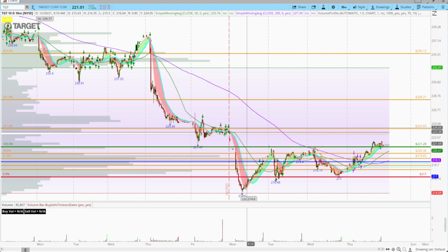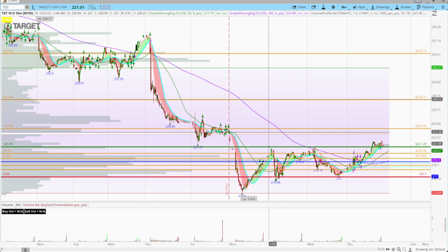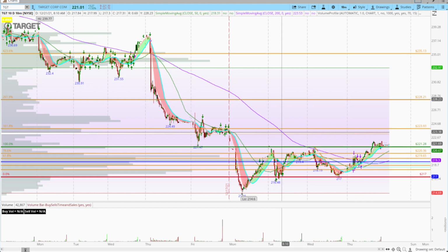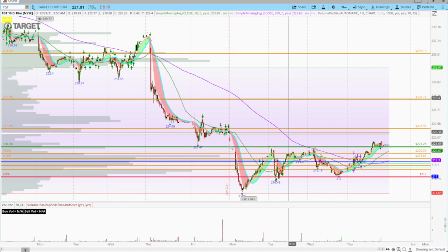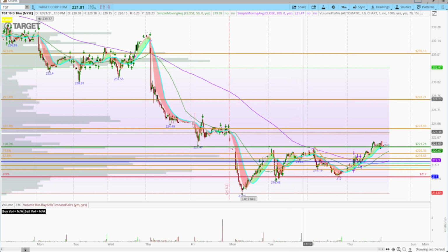If we continue to run up, I will take another trim at 228 or so, just depending on the price action. If it's really moving, I'll probably hold until we break that. If it looks like it's struggling moving into that level, I'll probably trim it before it hits that fib. How much of my position I trim there will depend on what day it happens to get there. If we run really hard, say end of day Tuesday, we get all the way up to 228 or so,